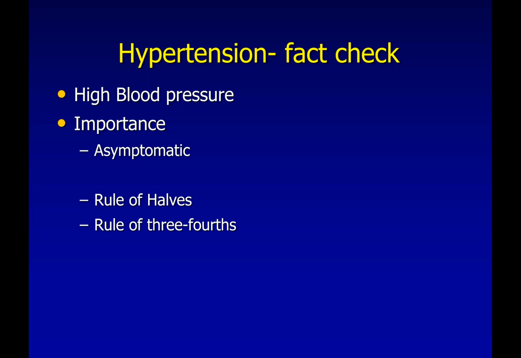Number two, it is very important. Today people want to get investigations done, they will get echocardiography done, they will get chest x-ray done, they will get ultrasound done, they will get MRI and CT done. Mind you, high blood pressure requires a BP apparatus and you will have to actually measure it. Diabetes can be detected on a blood report. Blood pressure cannot be. So that is very, very important. That is the importance that we need to know.